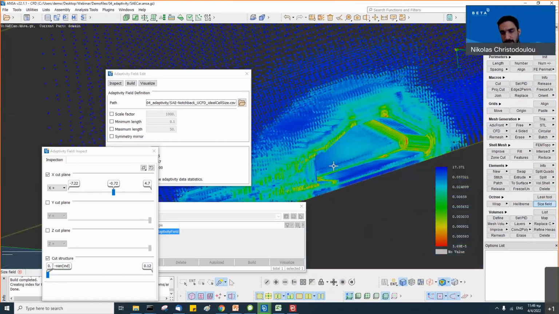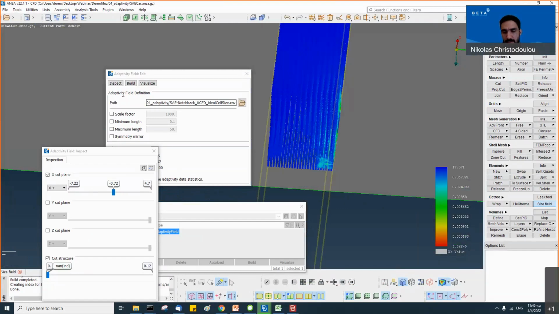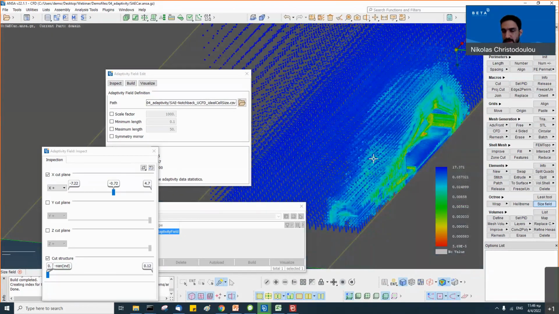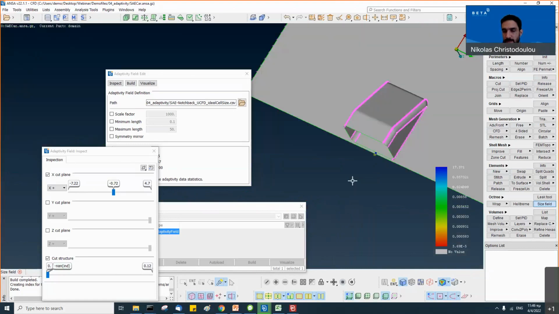Another thing you will notice here is that the values used vary very much. Again, this is in meters. The highest value that the solver introduces is 17 meters, and the lowest is really, really low. And finally, another issue that we find using inspect is that here is only half of the model, but I have the full one.